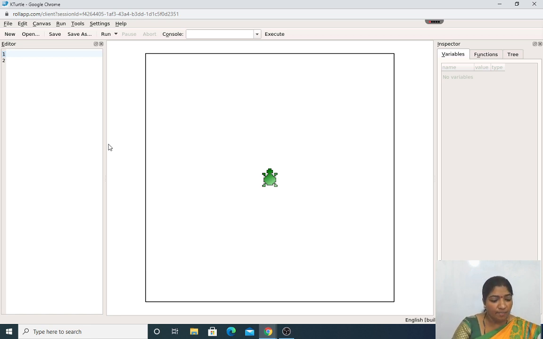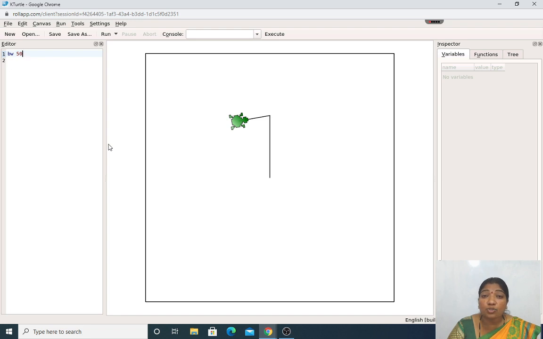Okay, my dear students, let us see one by one. Like forward 100. Again I will run it. Again I will erase this and write turn right 80. Again I will run it. Just to see the position of the turtle, it has changed. After that, backward 50. Again I will run it. What happens?